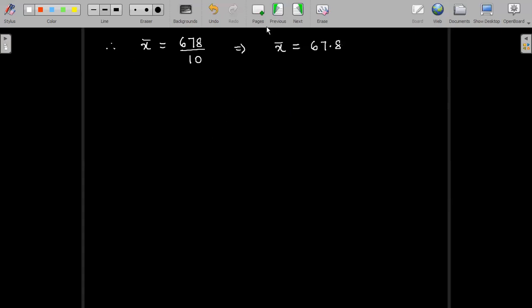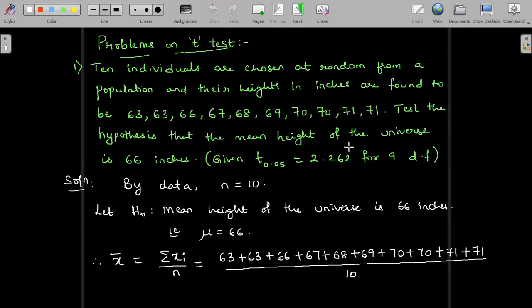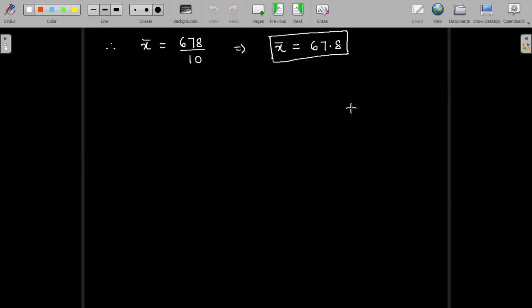Right. So once we know x bar, now we can calculate s square and hence find the value of s, so that all these values can be substituted into the formula for student t. And before I could forget, remember, since n is less than or equal to 30, we are applying t-test. So student t distribution is applicable because n is less than or equal to 30. If n is greater than 30, we apply z-test. For large samples, we apply z-test. So now let us find out s square.